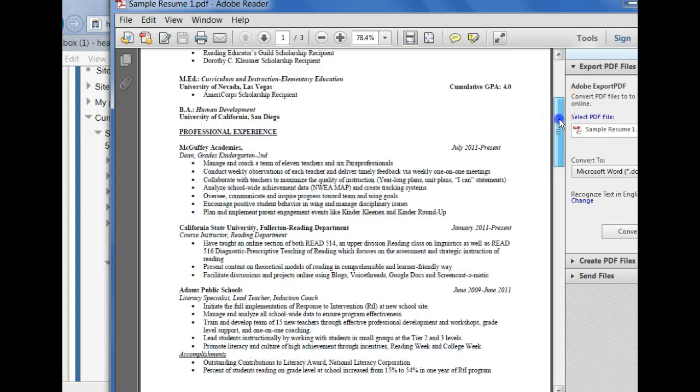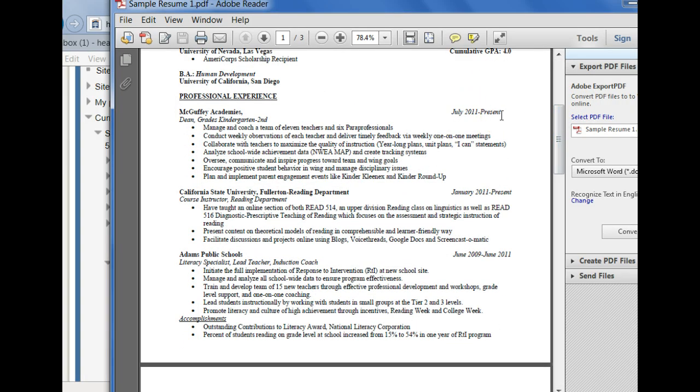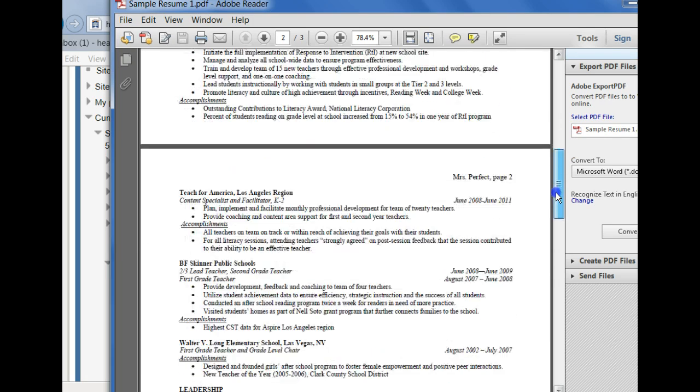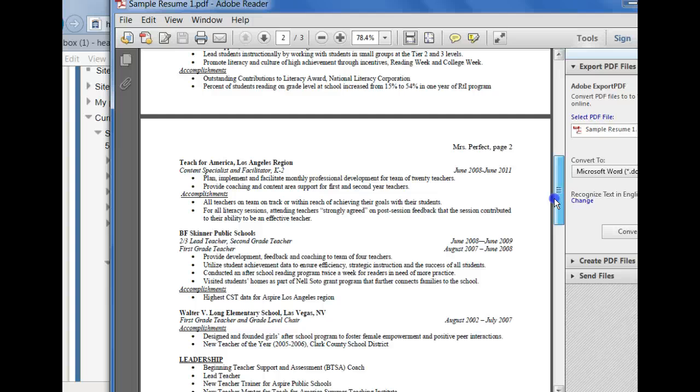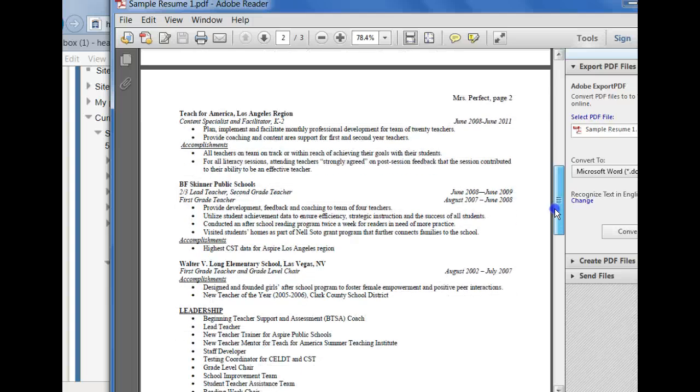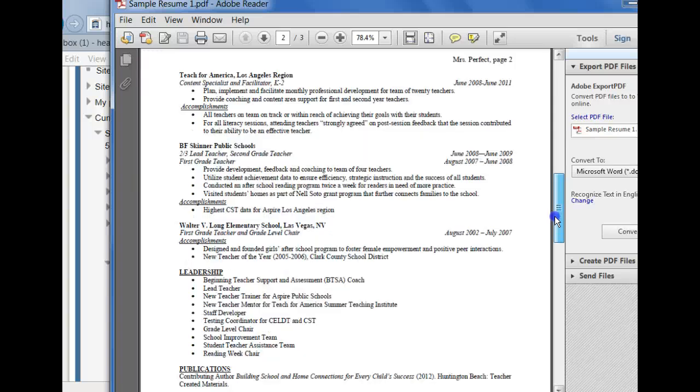Where you should definitely include dates is here in your professional experience, because they don't want to see gaps in your professional experience. If there is a gap for some reason, it's always nice to provide a brief narration of that gap in your cover letter, so that will address that question right away.